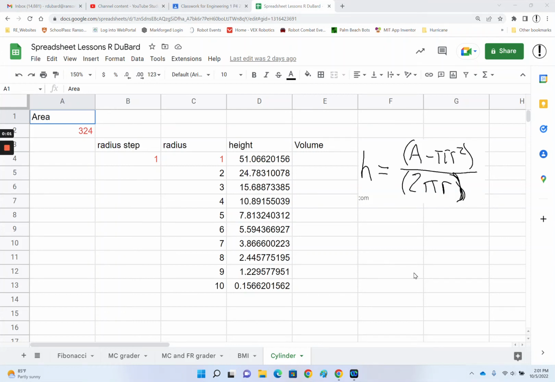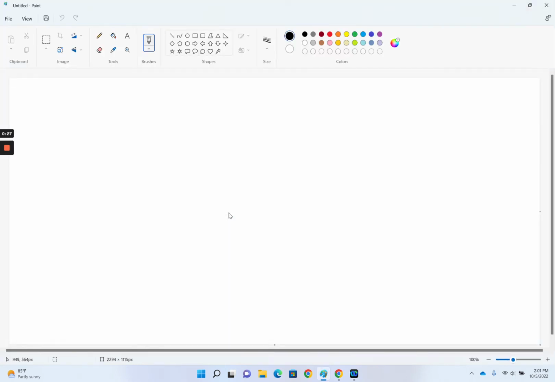So this would be Spreadsheet Lesson 8, in which we continue to explore the classic engineering problem, creating a container with a specific limited surface area. It's got only so much material you can make the container out of. This container has an open top, and we had investigated the general geometry of it through